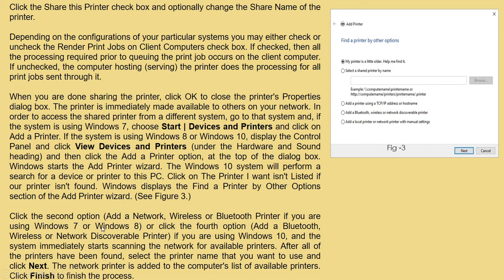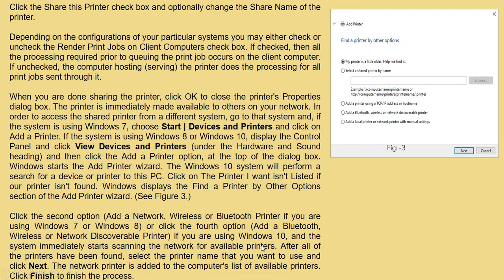Then click the second option, add a network, wireless or Bluetooth printer if you are using Windows 7 or Windows 8, or click the fourth option, add a Bluetooth, wireless or network discoverable printer if you are using Windows 10, and the system immediately starts scanning the network